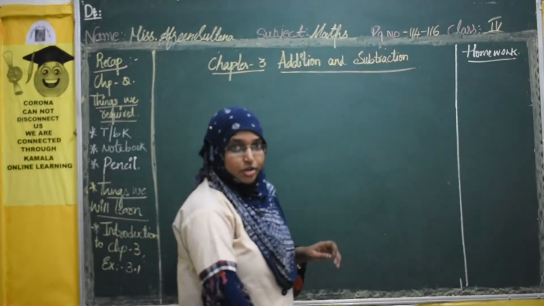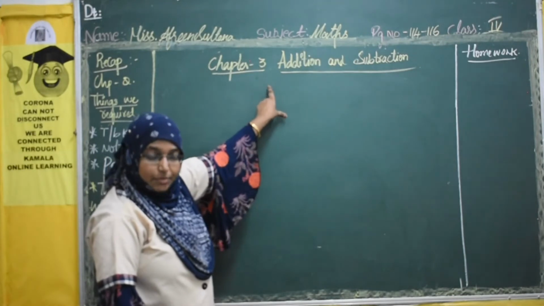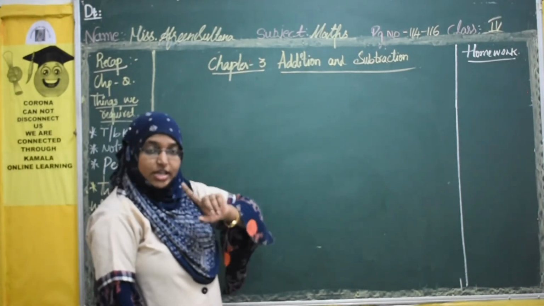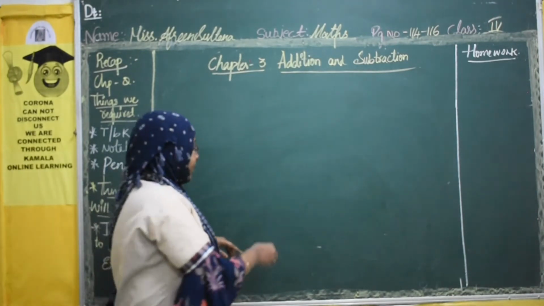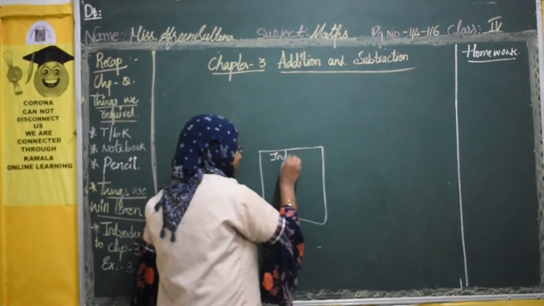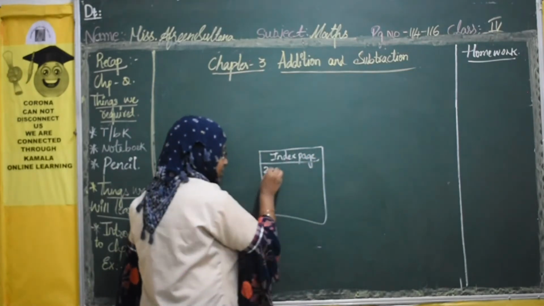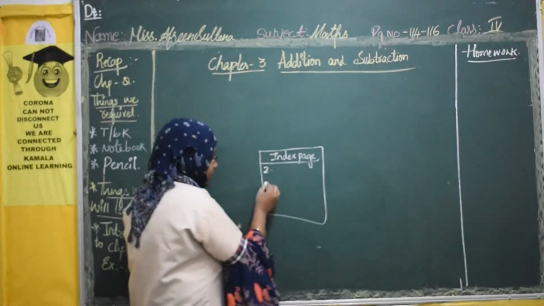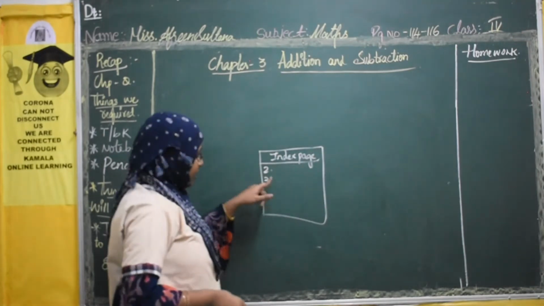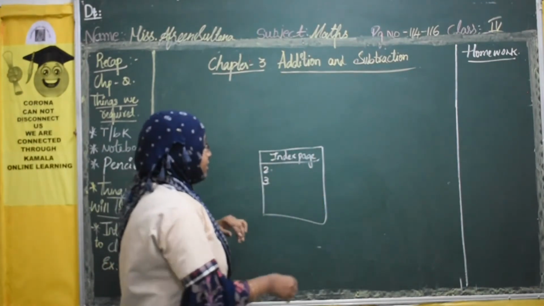Students, whenever you are writing your classwork, firstly when you are starting a new chapter, write the chapter topic in the index page, the starting page of your book. There you mention which chapter you have started. Lastly we had the second chapter, now we are writing the third chapter. Write down third chapter, right? Next you start on a new page.